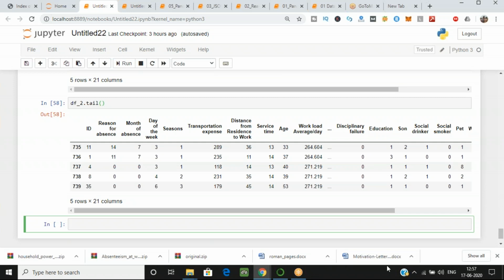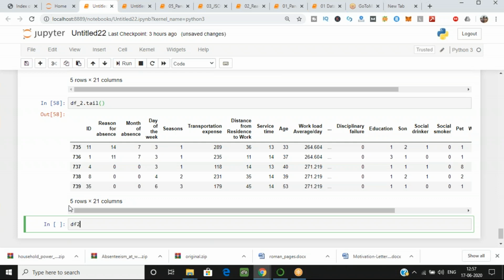Everyone got that? Now, as we can see in my database, I have row 739, right? But here I'm showing the 6th row because we are getting the output of only 5 rows at a time. So what do we have to do for that? We'll check another thing also: how many rows and columns there are.